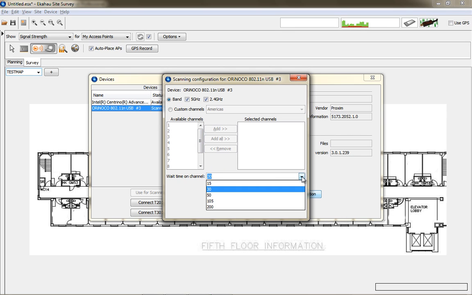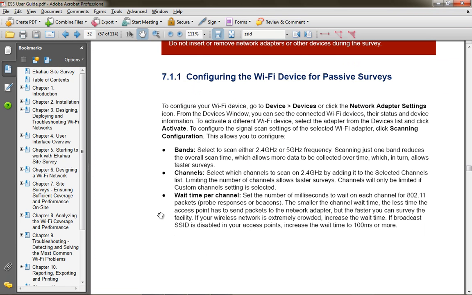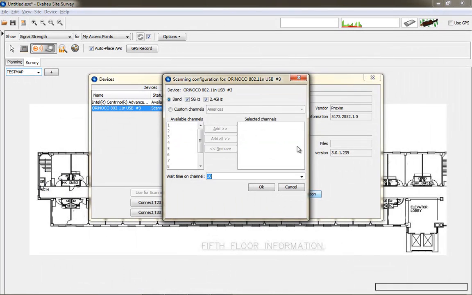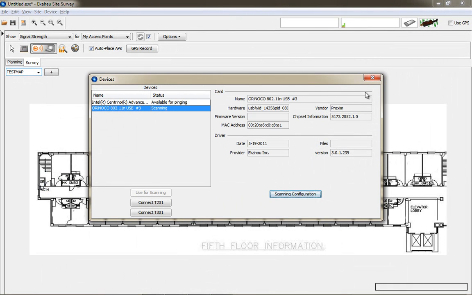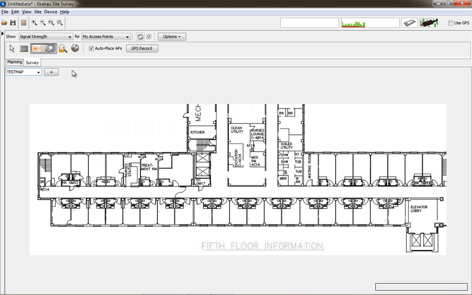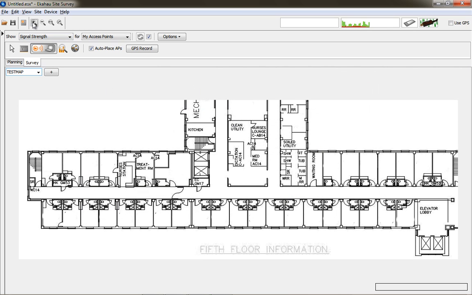You can adjust the wait time on channel from anything from 15 to 200, and the installation guide says the wait time per channel should be set to a higher wait time if broadcasting is disabled on the wireless infrastructure. There's an SSID that's actually being broadcast on this network, so I will leave that as it stands at 30, which is fine. So I'm going to zoom in a little bit more, and I'm going to click the site